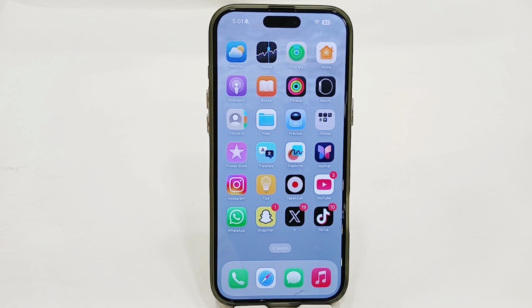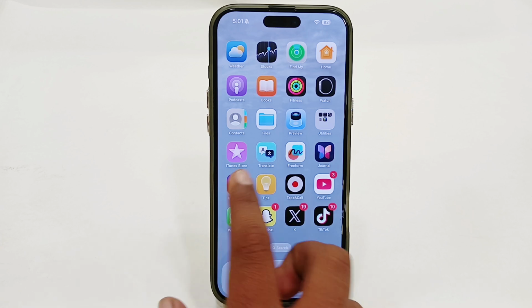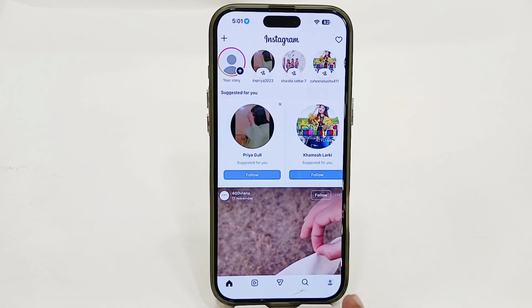Hey guys, today I'm going to tell you how to add action buttons to Instagram profile. If you're using Instagram and you want to add action buttons to your Instagram profile, let's see how you can do that. You just have to simply open your Instagram app